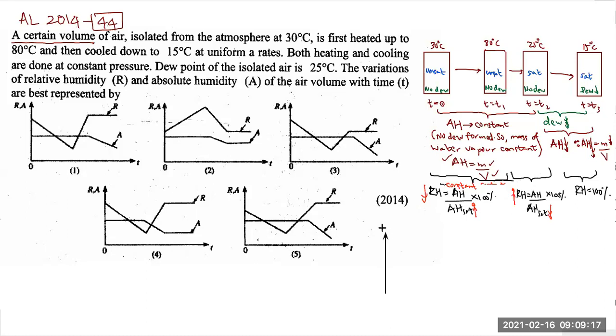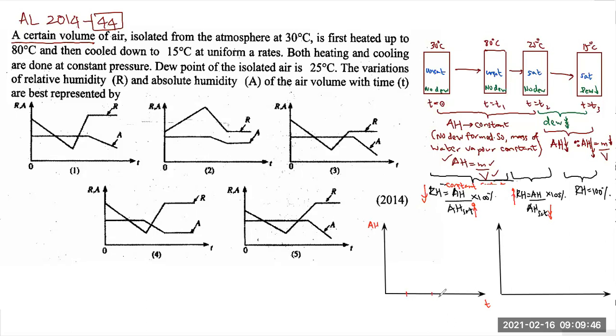What if we draw two graphs and then try to combine them very quickly? One graph for RH and the other graph for AH. The good thing is I have reference for times, T1, T2, T3. I'll start with AH. If I plot the graph for AH with time, what are the reference times now? T1, T2,